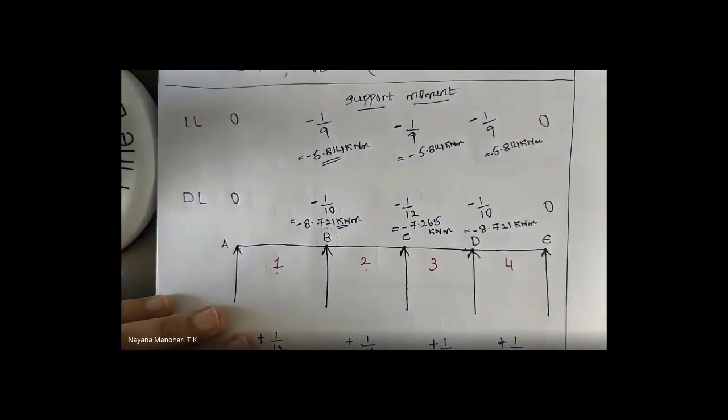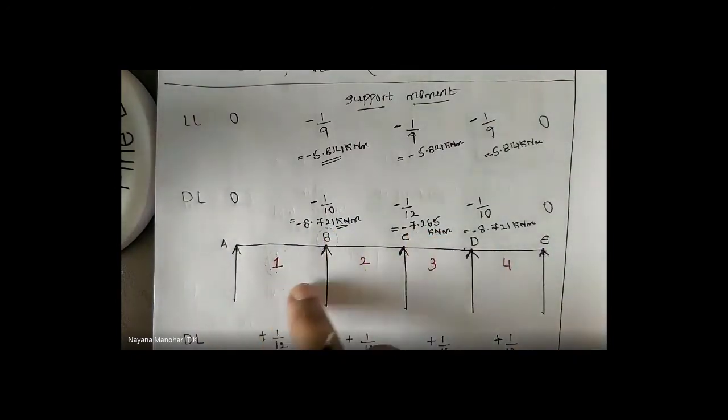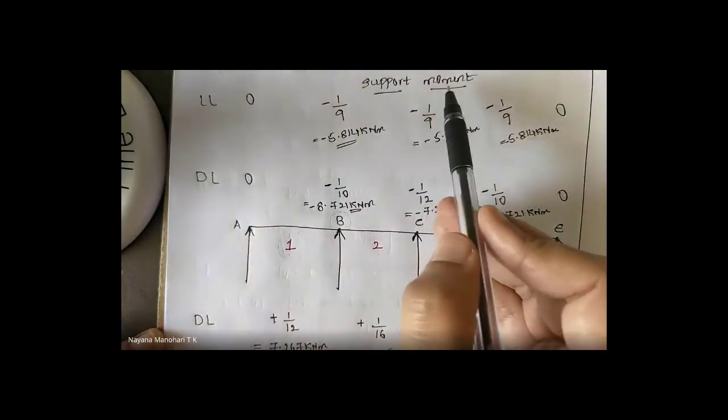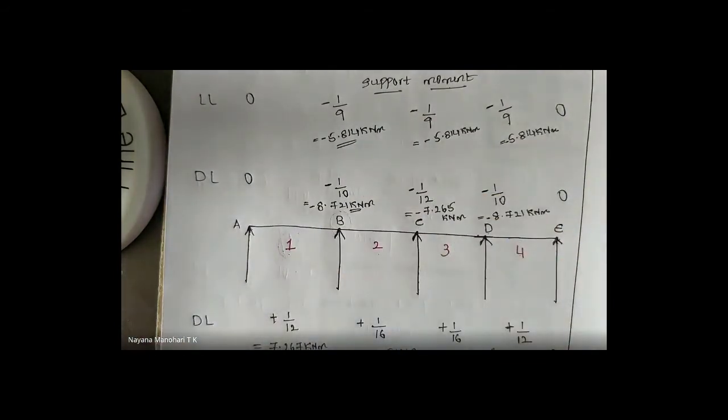Okay, this is what at all the support moments, at the support point and the span, you calculated what? Span moments as well as the support moments. Okay, now what is the thing you need to do? It means separately you need to add, consider, that is the support moment at each point, that is B as well as C as well as D, including what? Dead load moment and the live load moment. Together you need to add it up. In that, maximum moment you need to consider for further design.